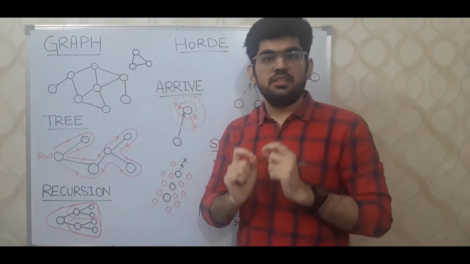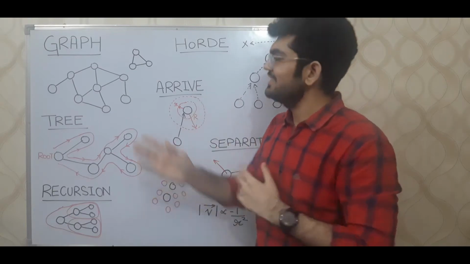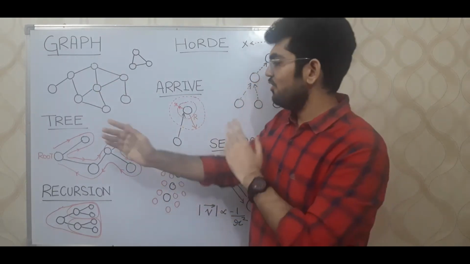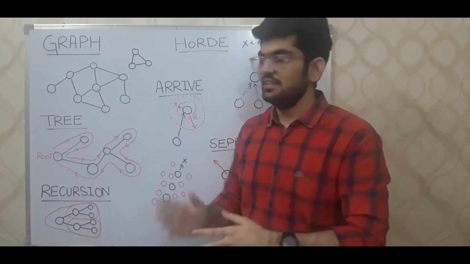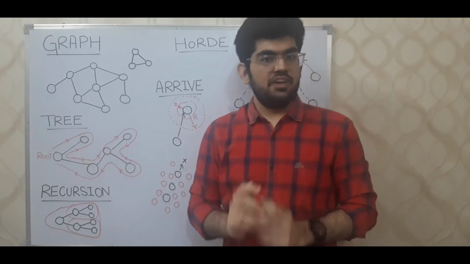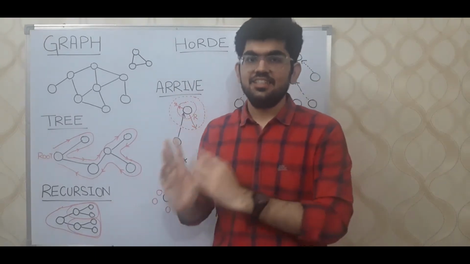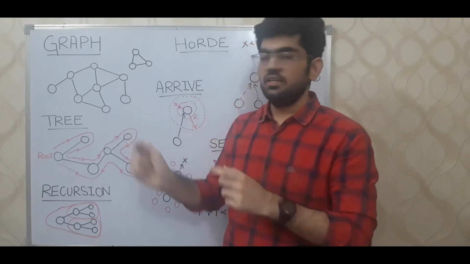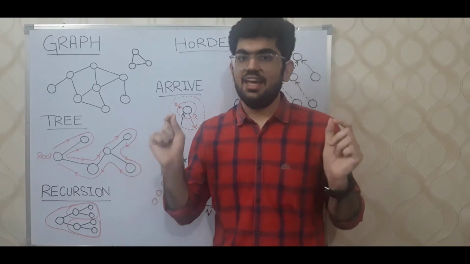Now, if we impose a constraint on a graph that there should be no disconnected components and there should be no cycles, then we get a data structure that we call the tree. A tree has a very special property that we can remark: if we consider the number of nodes in a tree to be n, the number of edges is going to be n minus 1. This is the discussion of the tree data structure, but we also need an algorithm that is applied on graphs in general, or we can say trees, which is the traversal algorithms.